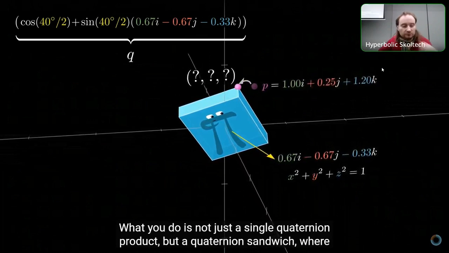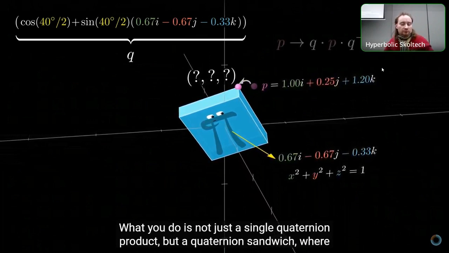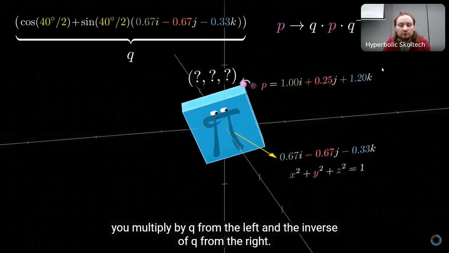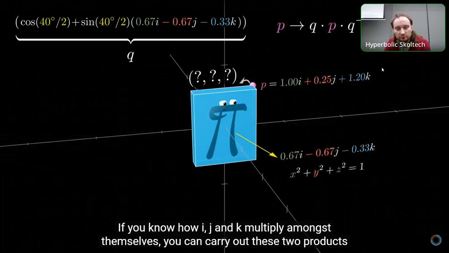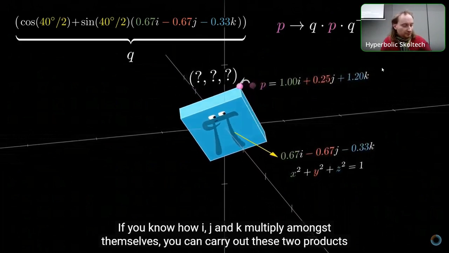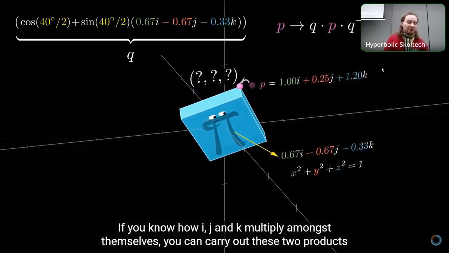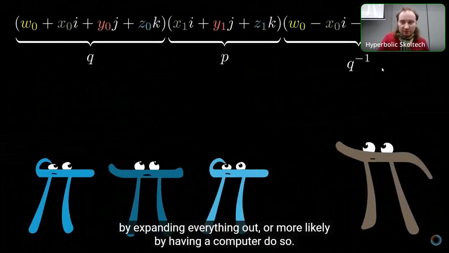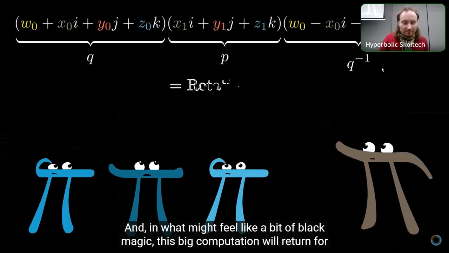If you know the rules for how i, j, and k multiply amongst themselves, you can carry out these two products by expanding everything out, or realistically by having a computer do it for you. And in what might feel like a bit of black magic, this big computation will return the rotated version of the point. Our goal is to break the step and visualize what's happening with each of these two